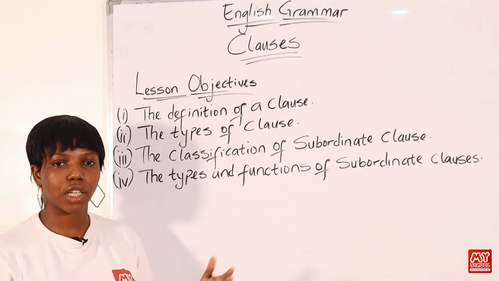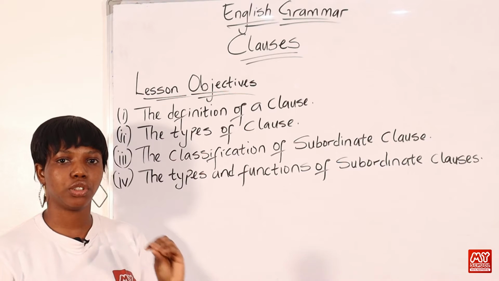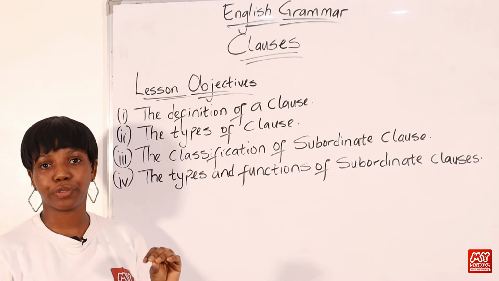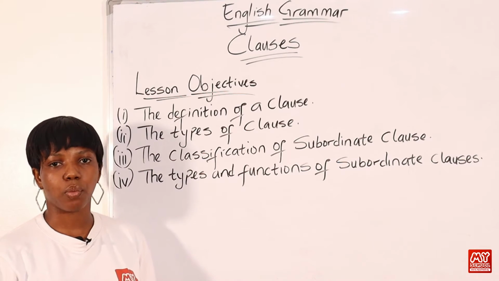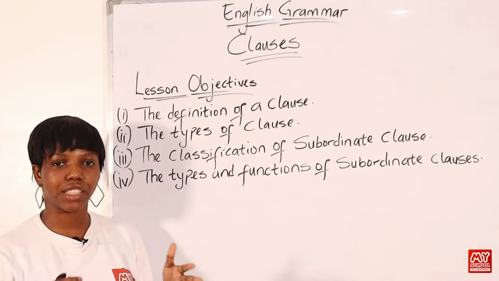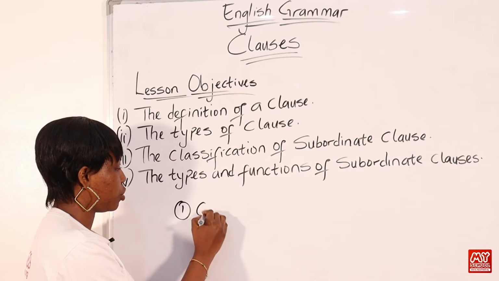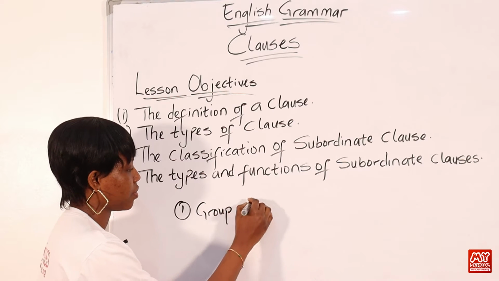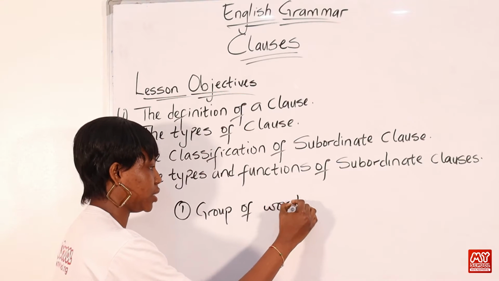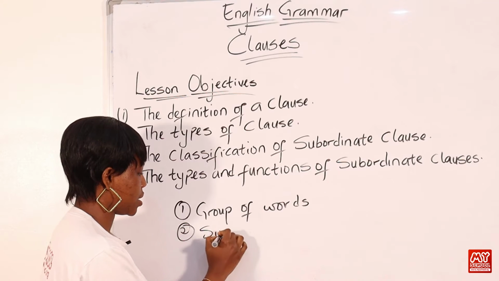Now, many scholars have tried to define a clause, and out of all of these definitions, I've been able to deduce 3 elements that are very useful in defining a clause. So, when you want to define a clause, these elements should be embedded in your definition. Now, the first element is, it is a group of related words. Okay, it's a group of words. Number 2 is that it has subject,